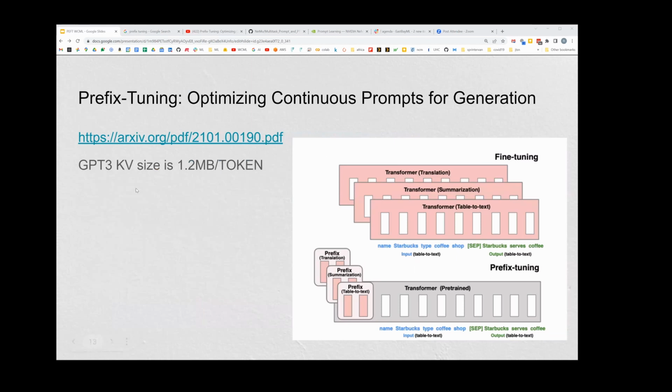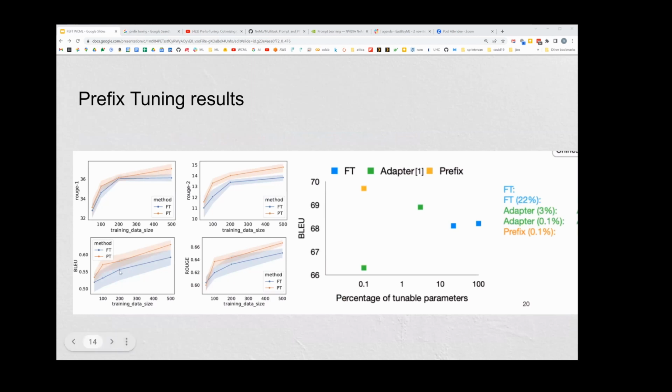Here's just another one. That's the link to the paper that talks about prefix training, and the results showing that they're actually doing better than the fine tuning on these tasks. We see this in some places with these tunable parameters. I don't know if this is cherry picking or reflective or whatever, but here you've got fine tuning,